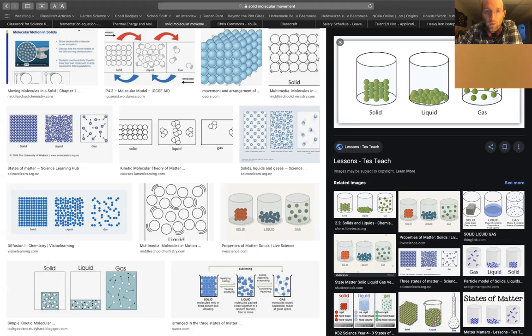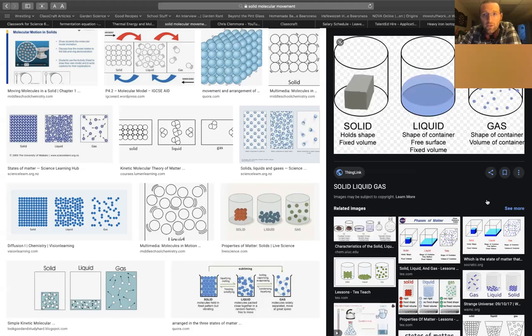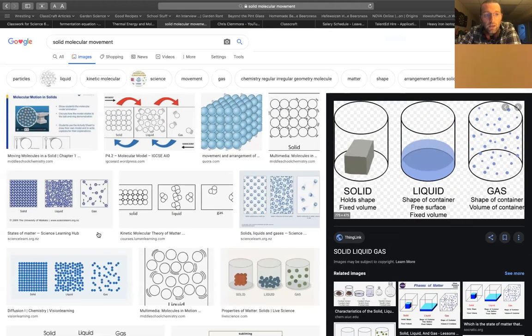So that's what I was looking for in your descriptions, and something similar to this as your drawing of the molecular structure. If you drew something like this, this would not have worked for liquid or solid, because I'm looking for what the molecules were doing. And this doesn't show what the molecules were doing. So, you could have had something also similar to this.